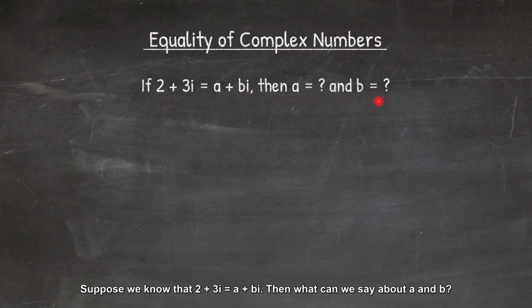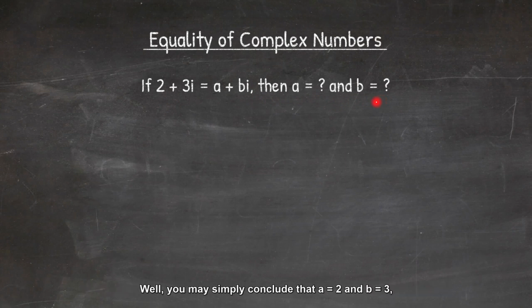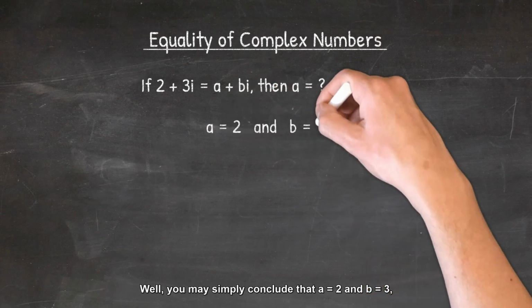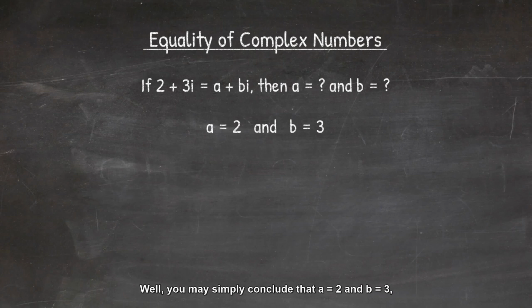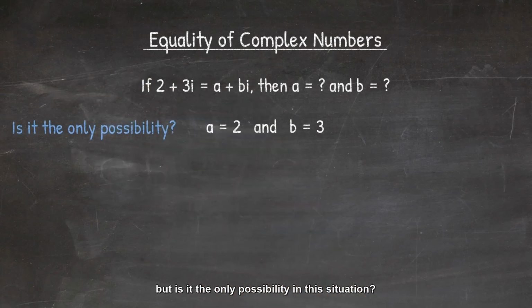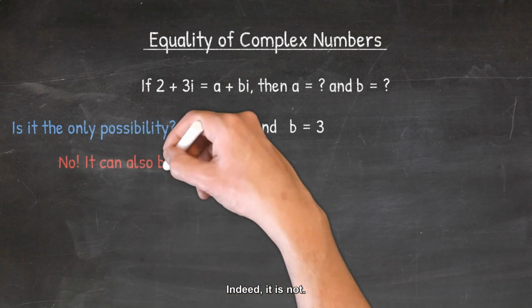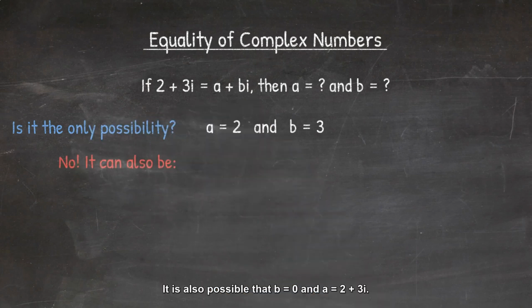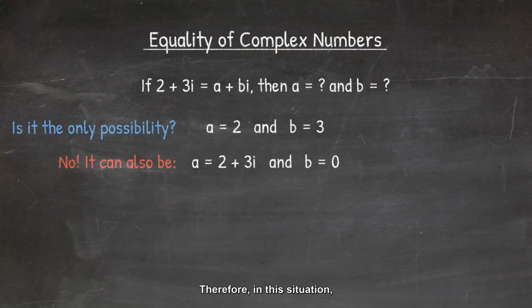Then what can we say about a and b? Well, you may simply conclude that a is equal to 2 and b is equal to 3. But is it the only possibility in this situation? Indeed, it is not. It is also possible that b is equal to 0 and a is equal to 2 plus 3i. Therefore, in this situation, there are many possible cases, and there is not much we can say about